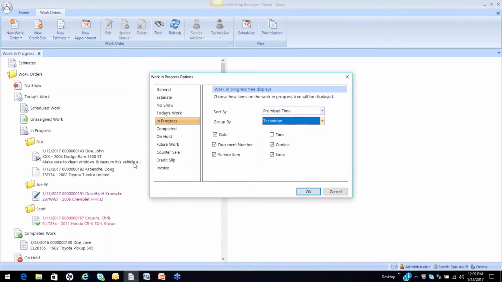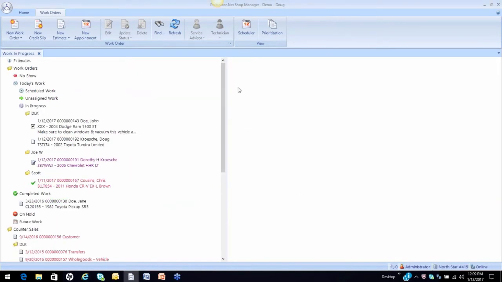I encourage you, if you wanted to work with this feature, just go through each one of them. Not all of them are exactly the same, but as you go through these nodes, you'll identify and be able to make your settings. So number one is your display options, and now you guys can see what I'm looking at under my in progress node is a sort by technician. On the actual work order, I'm seeing the date it was scheduled. I'm seeing the work order number, the customer, the vehicle, and then of course any notes below that.